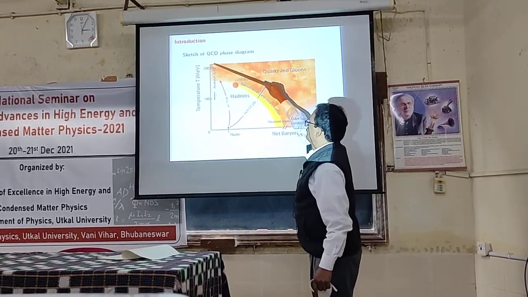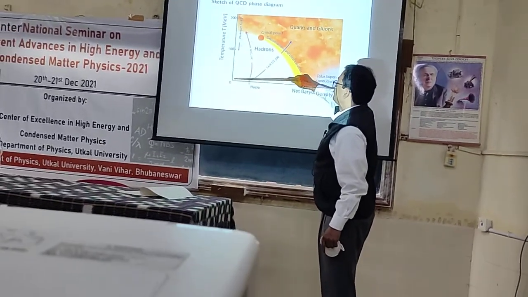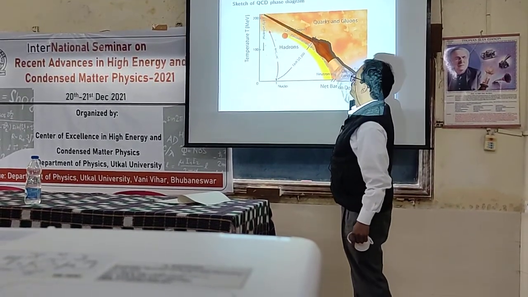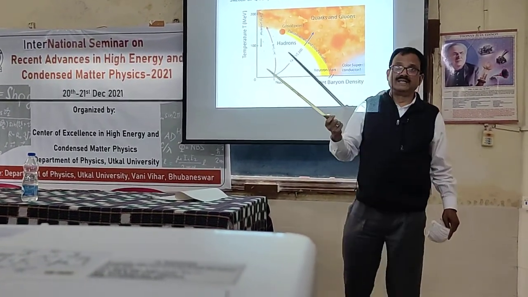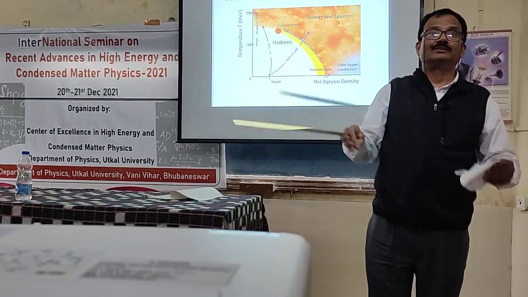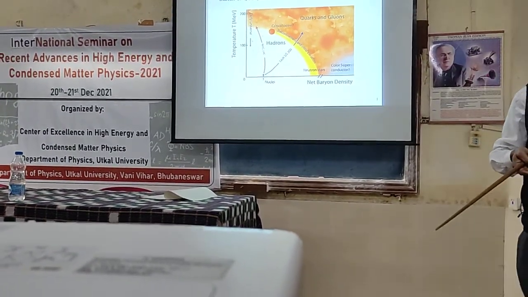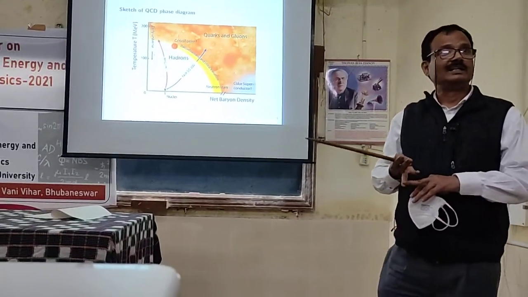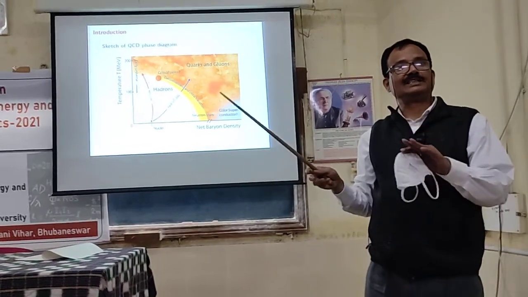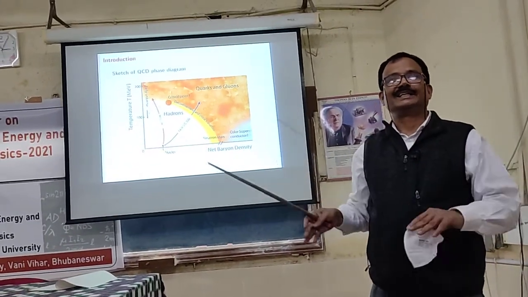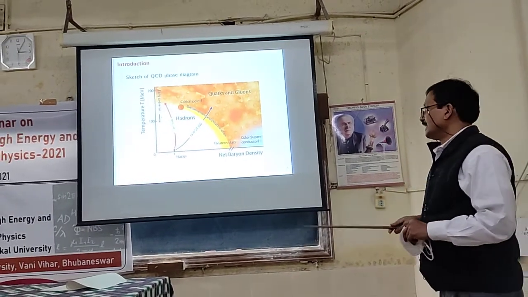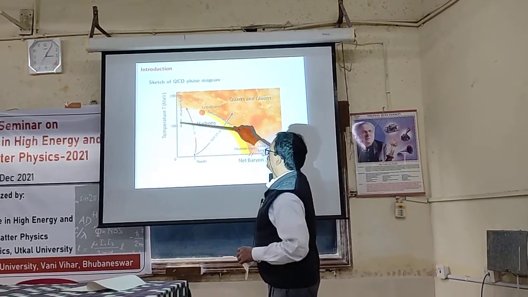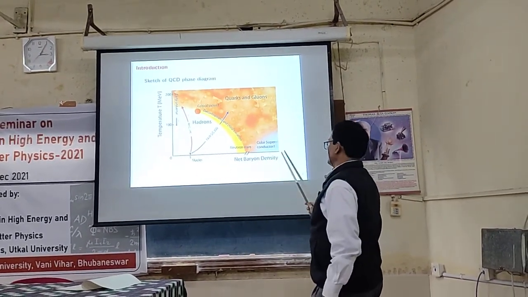I will tell you what is the difference between a crossover and a phase transition. So this is the path the universe took. It is almost zero baryon density, that is, the number of baryons and antibaryons was the same to start with. There is no net baryon density. Why we only see baryons now is an interesting subject in itself, a phenomenon called baryogenesis that I won't talk about, again, it would take a few lectures. But the point is, we see only baryons now, and it is at zero net baryon density.